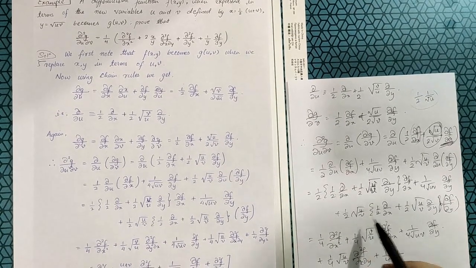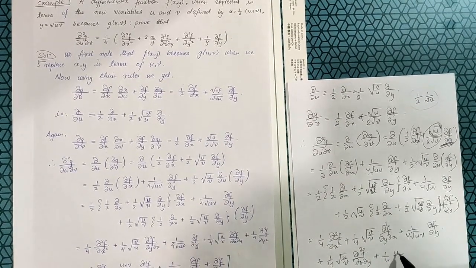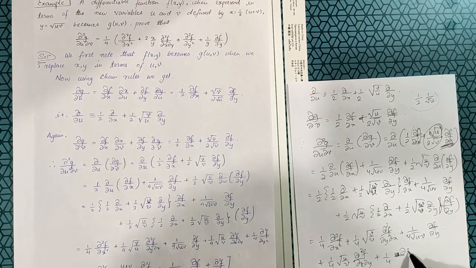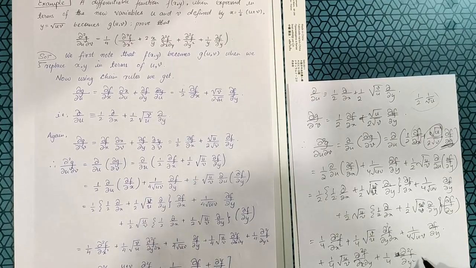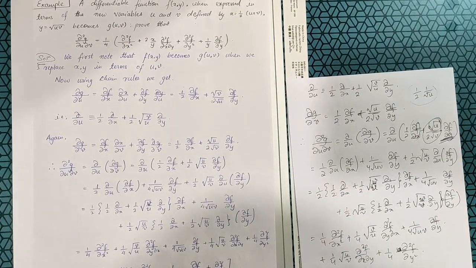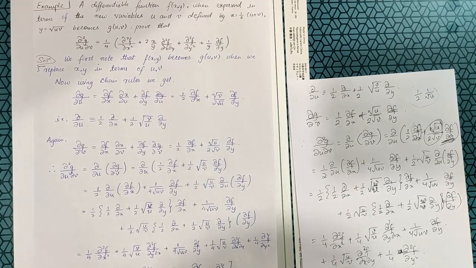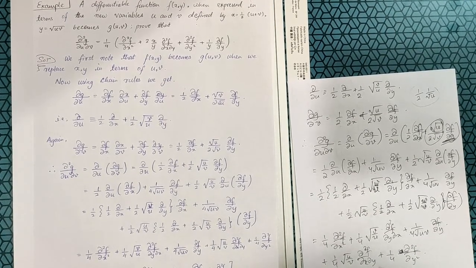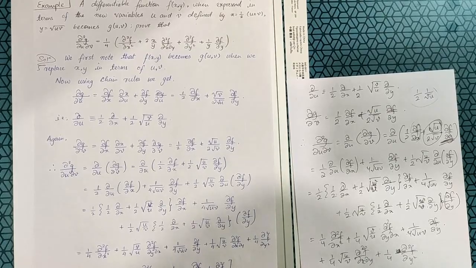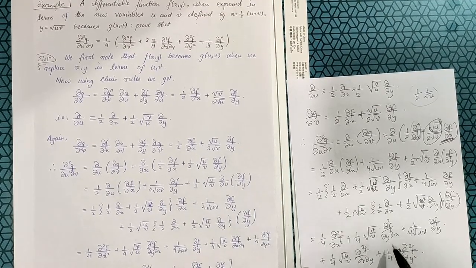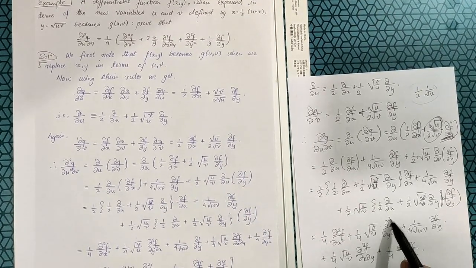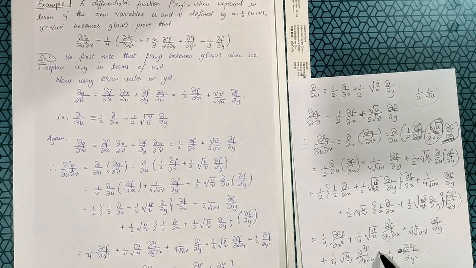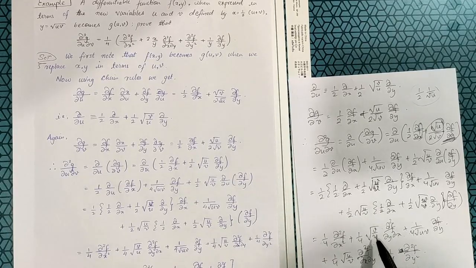So this is u by v and this is v by u, and this will cancel itself, and we'll get del 2f del y square, and hence what we get is 1 by 4 is common everywhere, so we take it out, del 2f del x square, and now what we see is del 2f del y del x and del 2f del x del y is the same, so we get